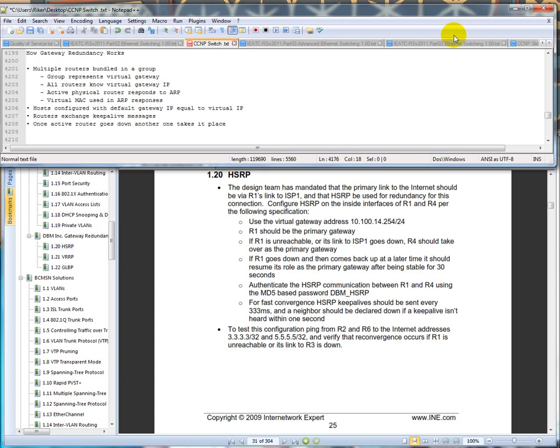It's just a matter of, okay, who's the gateway? The end user never knows. They just know that they can still continue to forward. Host configured with the default gateway IP address equal to the virtual IP address. So what would end up happening is, if you're going to use DHCP, which we will configure in here just so you guys have an idea as to what it looks like,